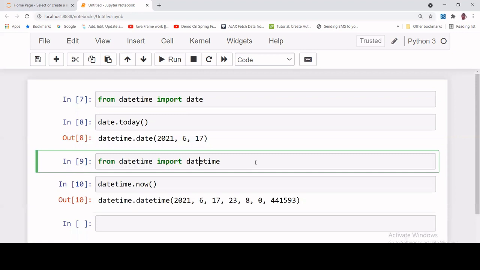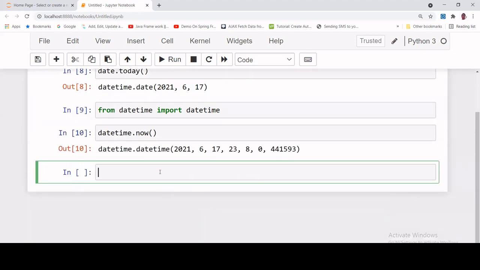Now, as I already told you, many other modules are also there. Suppose there is another module, import os. Here I am directly importing the module, no package concept is there. Sometimes you have to use the package concept, sometimes you can use the module concept only. OS is a module. OS is operating system. This module deals with the path, folder and everything related to your operating system. In which path you are, in which path you want to go, everything can be handled with the help of this module.